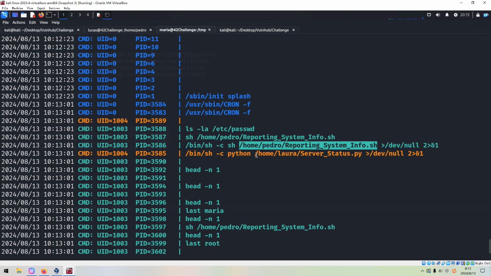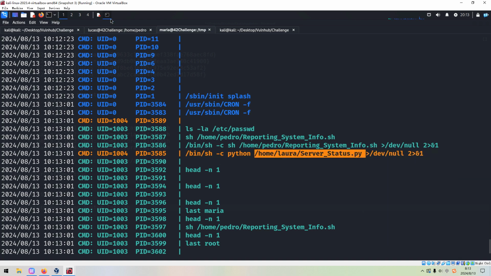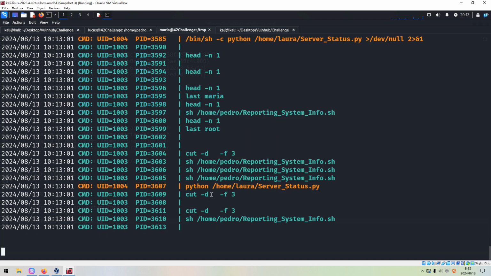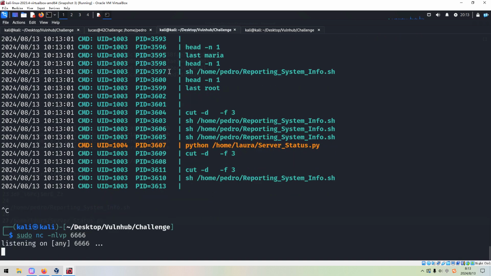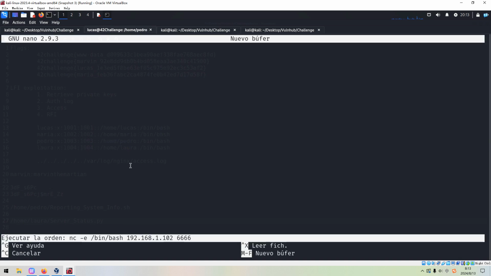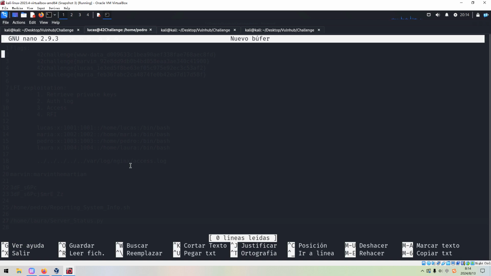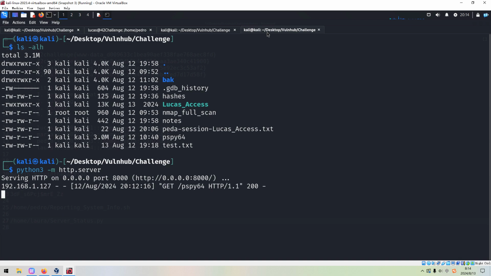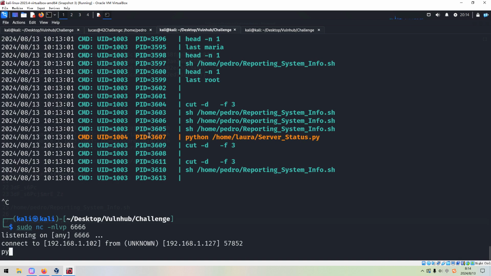Okay, and we can copy and paste in here. So now we need to stop, and we need to connect it again. Control R, Control X, and press enter. pspy spawn.